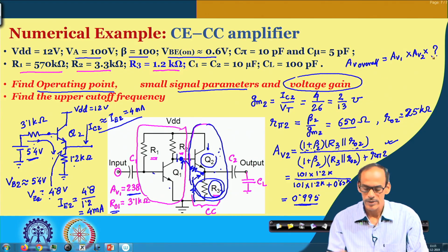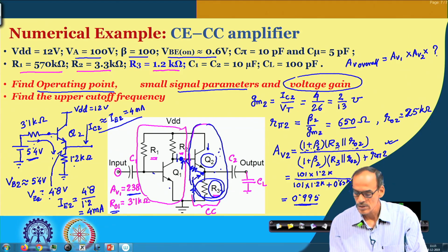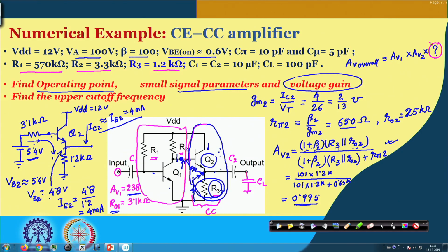So, what will be this part? It is the impedance at this node, essentially it is loading the first stage. So, this factor, whatever the question mark we are saying here, let us try to see that part. It is the attenuation coming due to the loading effect, and the load here is R pi 2 plus 1 plus beta into R 3, and that is loading the first stage,